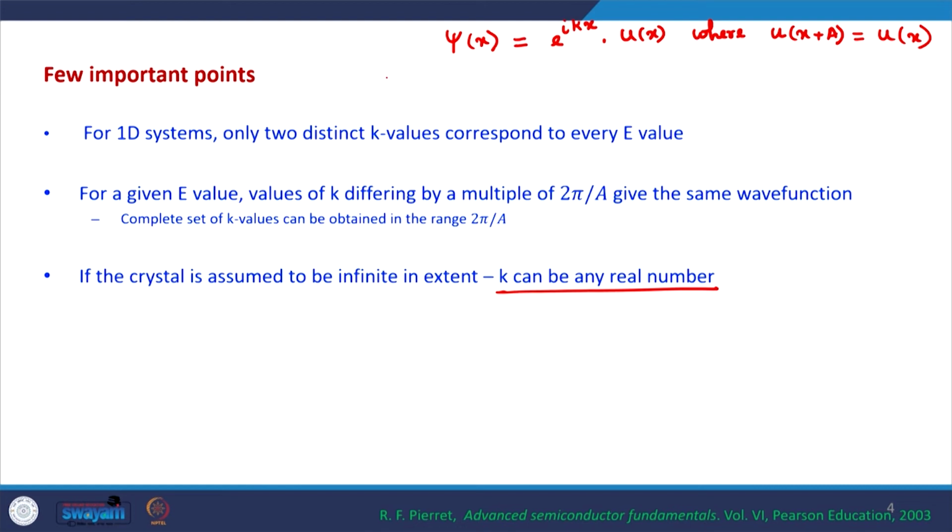This is sort of another statement of Bloch's theorem which we have discussed many times, and if the crystal is infinite in extent, which means this x can go from minus infinity to plus infinity. In that case